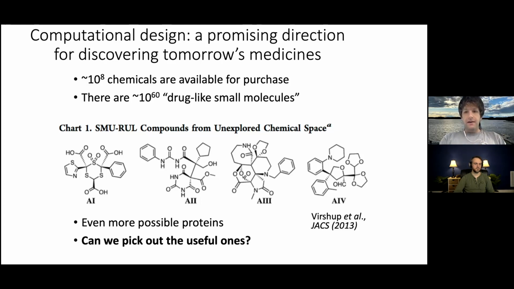And one of my beliefs, and one that the Donald Lab in general has been trying to pursue, is the idea that you can target more diseases and modulate a lot more protein targets if you can expand the chemical space that you're searching. And the possibilities here are almost endless. There's something like 10 to the 60 small molecules like aspirin, penicillin, and so on, up to the level that behaves like them in the sense of drug-like properties.